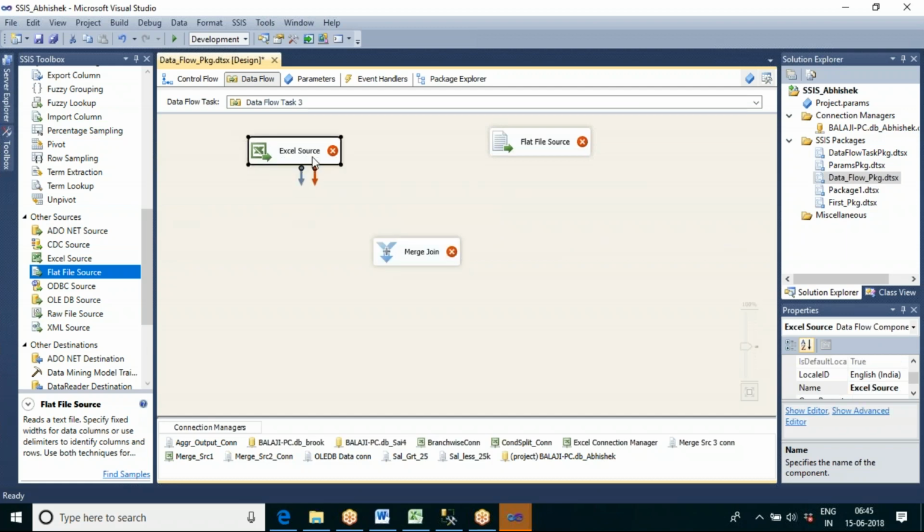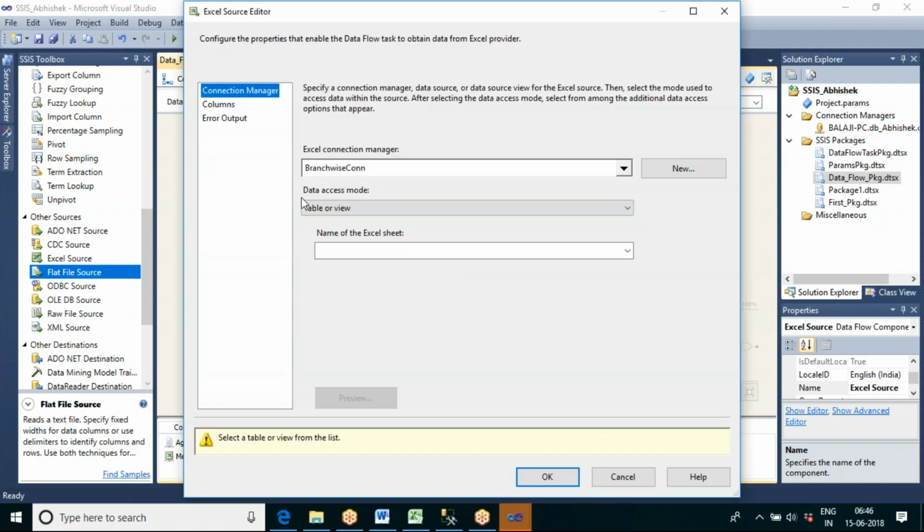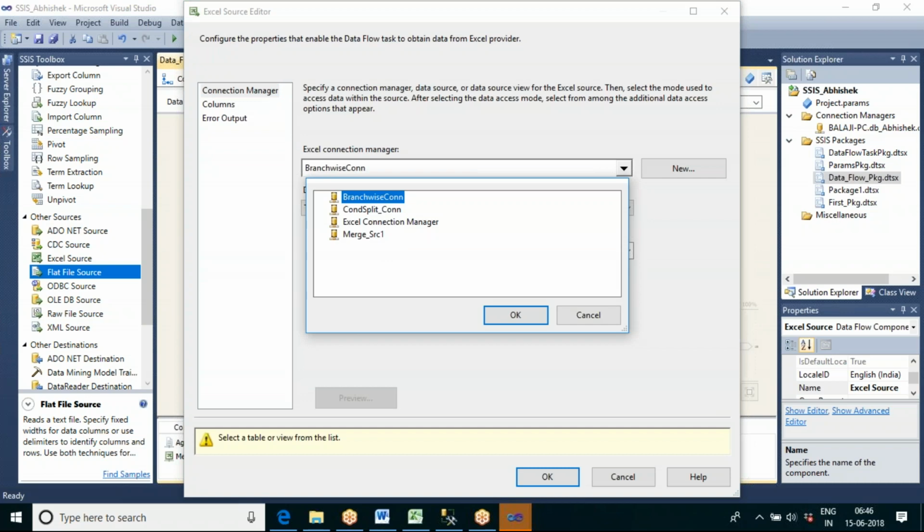In this Excel source, the connection is already there for that particular Excel file, I think. Let me take merge source one.